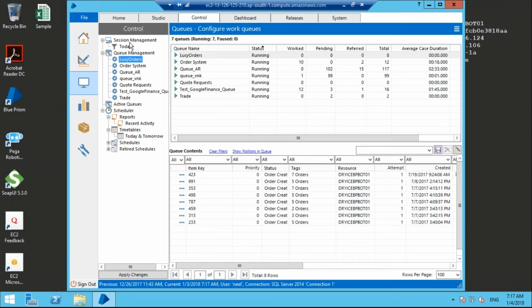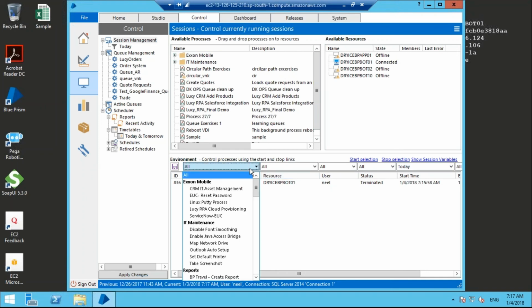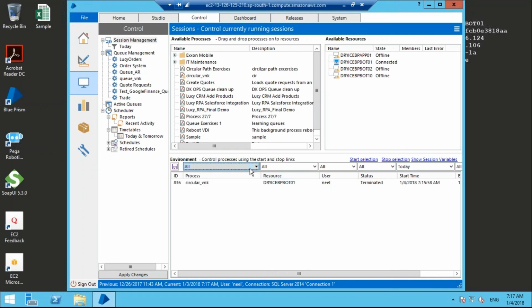And in the control room, you have filters. For example, if you want a different process, there are different filters available for you to choose. And basically the control room is for those people who